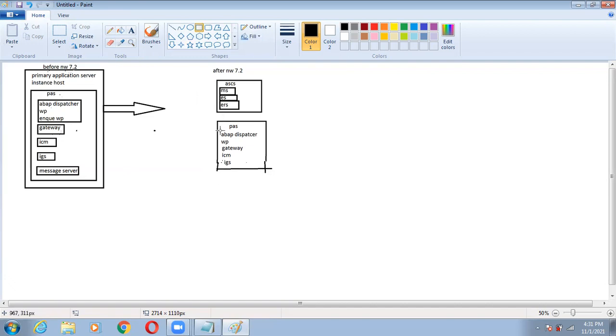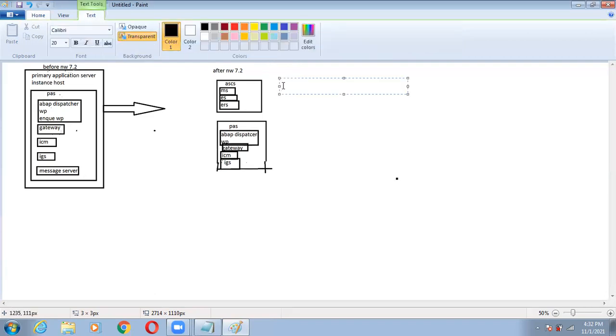Similarly, this is the one box. Now IGS, then you will have gateway in one box and another ICM. So the splitting has been done like this. The first box is the SAP Global Host.